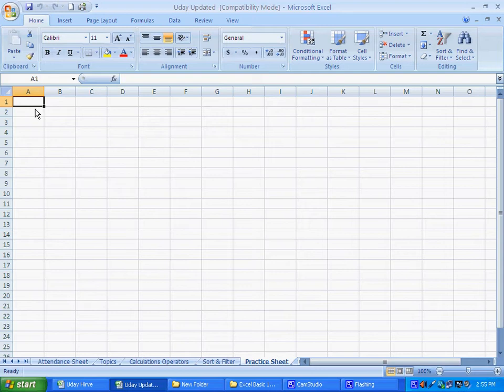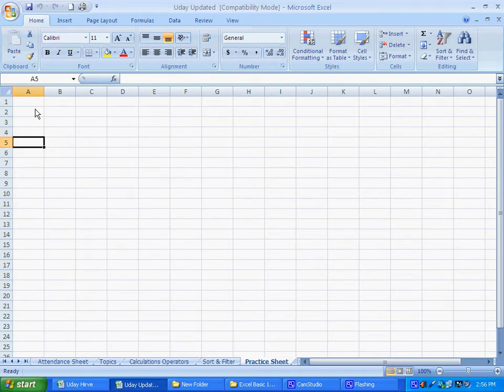With the help of your keyboard, on the right hand side you will find four arrow keys. Just press the downward arrow key and observe the Excel spreadsheet.